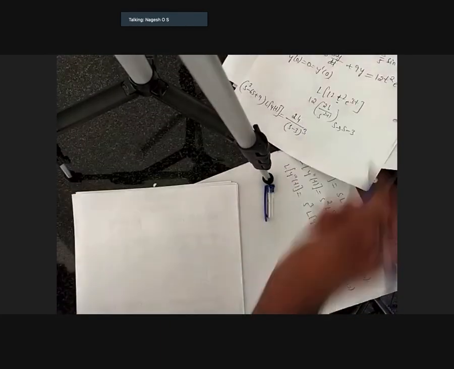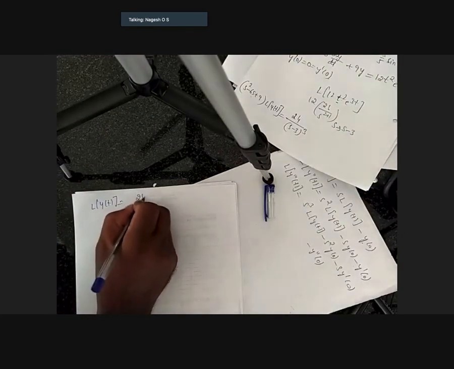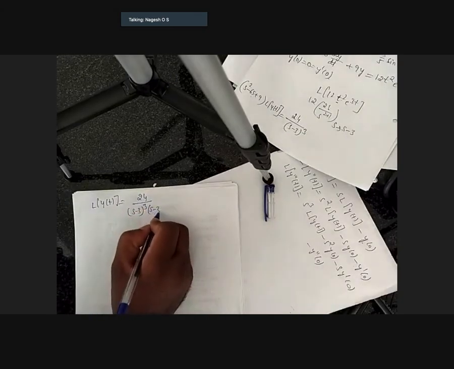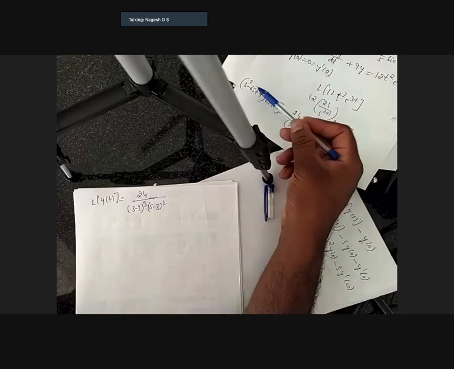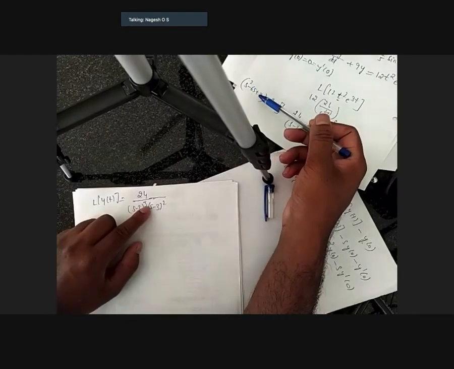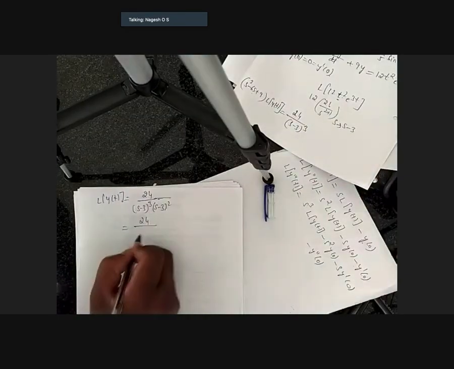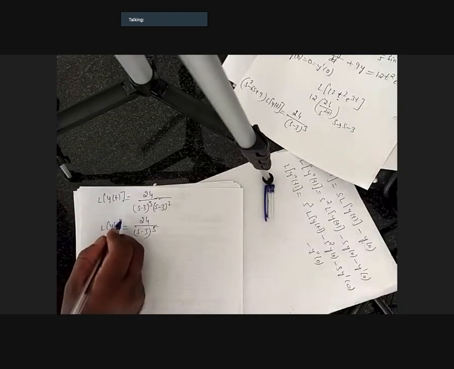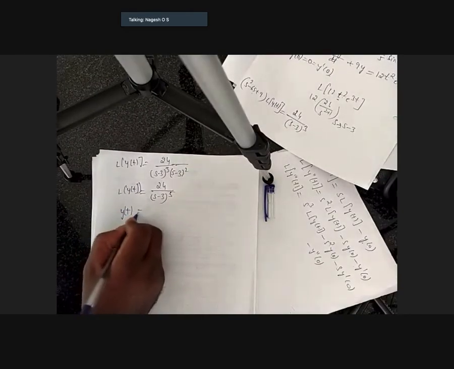Okay, next, after this, take this to that side. Laplace transform of y of t equal to 24 divided by s minus 3 whole cube, and you can write this as s minus 3 whole square. This one we can write s minus 3 whole square. S minus 3 whole square is s square minus 6s plus 9. So 3 square. So this is 24 divided by s minus 3 whole power 5. Find Laplace inverse of this.